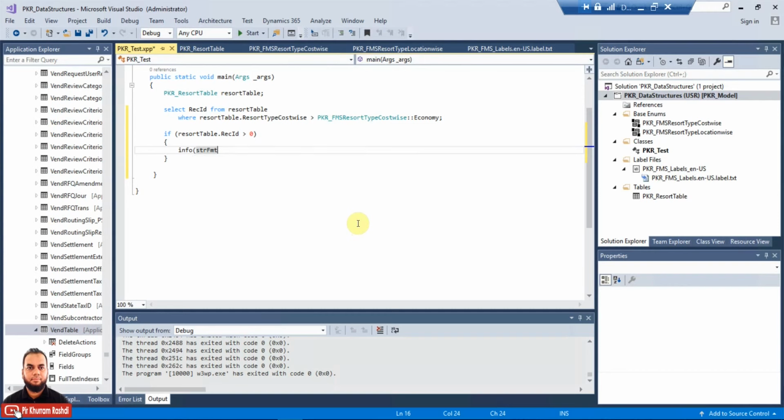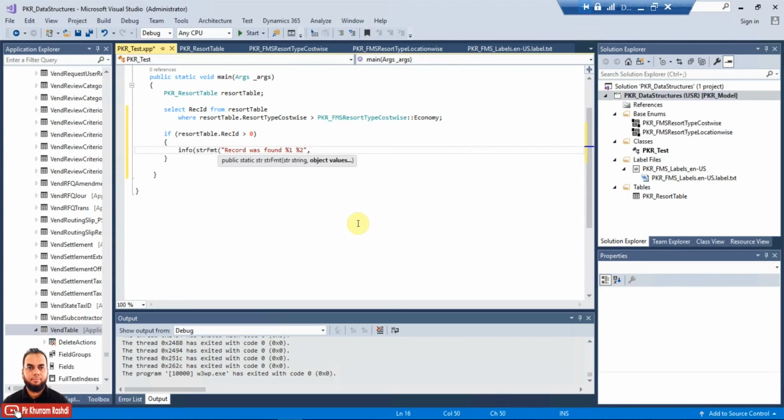Previously, if people already know, this is to show some text or string value in front of you. So you can just use the strfmt string format function, where you pass a string value that record was found. Then you can give a %1 or %2 or %3 in order to pass or concatenate a value from the variable just after the comma.